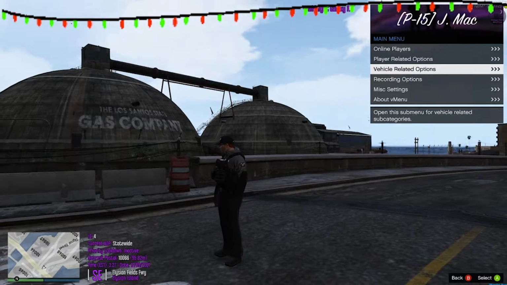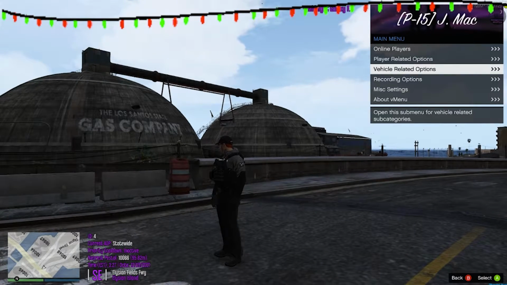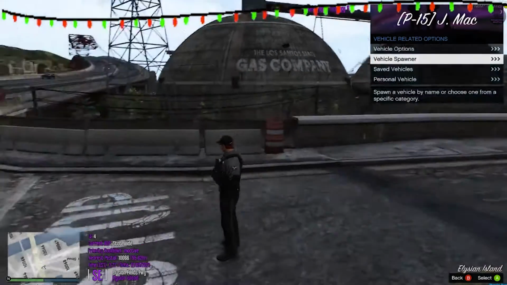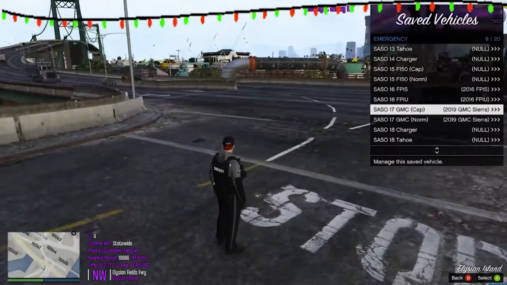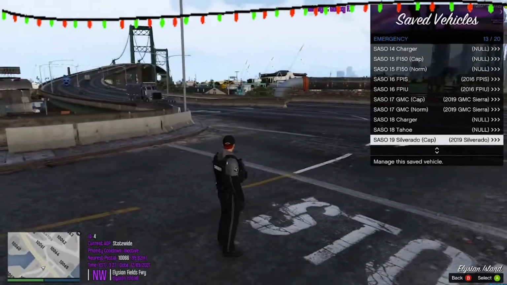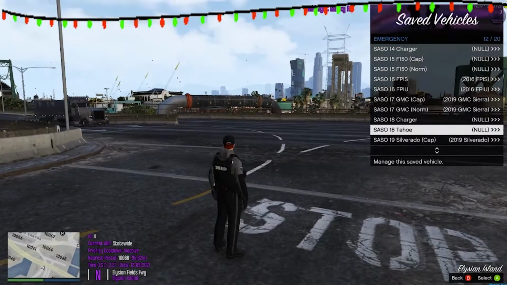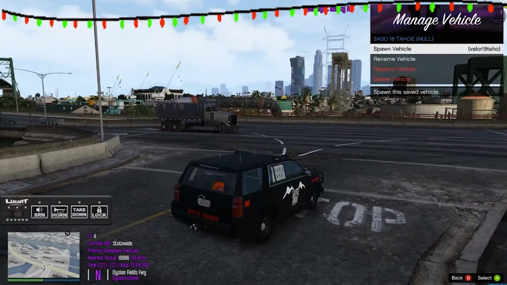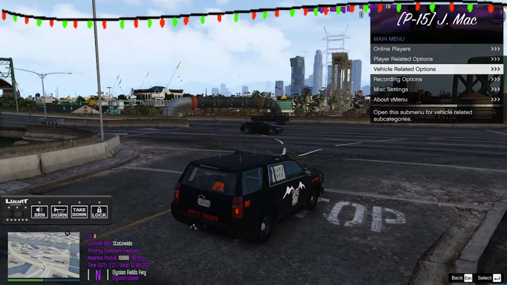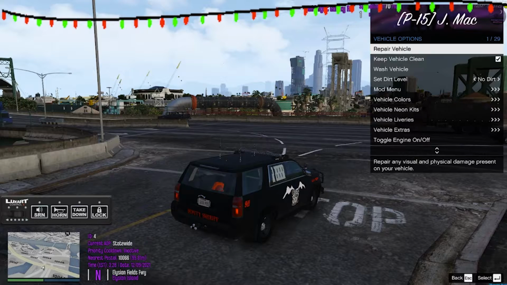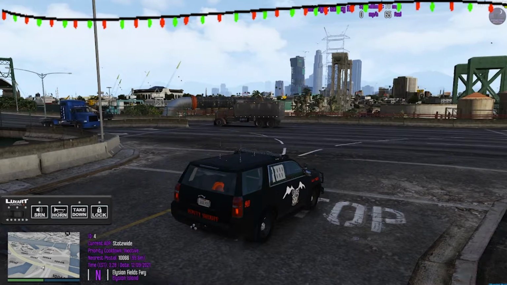Let's do a different car. Let's do an 18 Tahoe in a parking lot. We could do that. Vehicle repair, wash, keep clean.